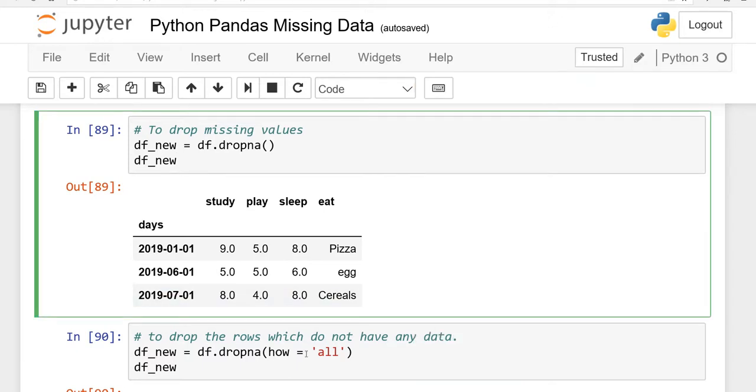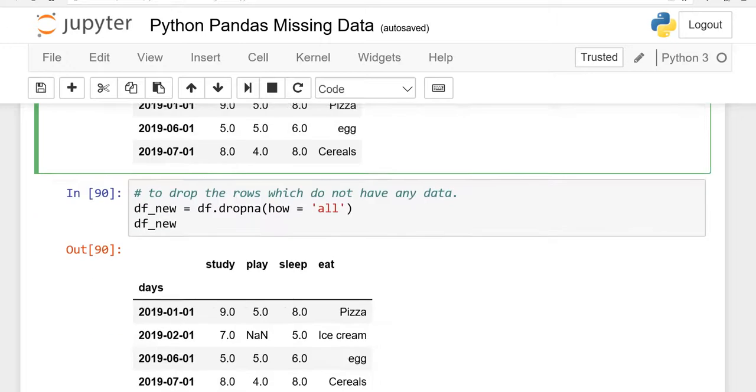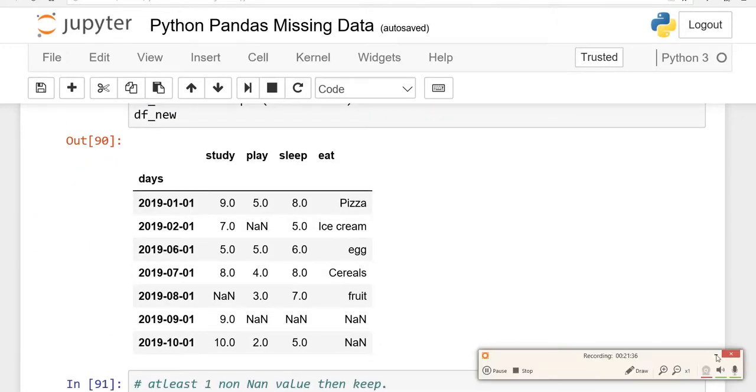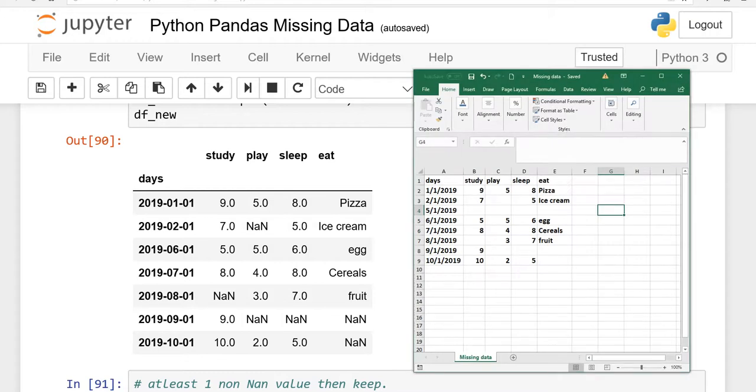So you have to use the how parameter, df.dropna in parenthesis. Here it was blank. Now you have to write down the how parameter. When I run it, you will see the output is like this. We have all the values except January 5th, because only in January 5th we do not have anything.